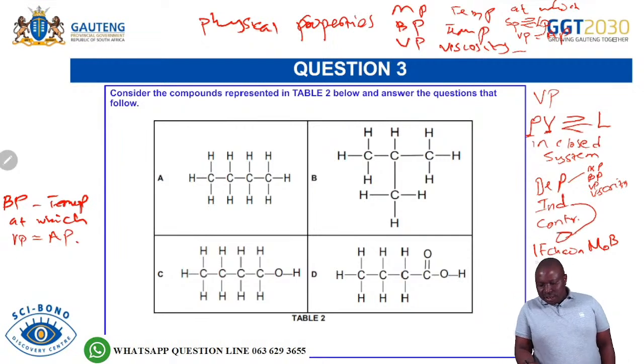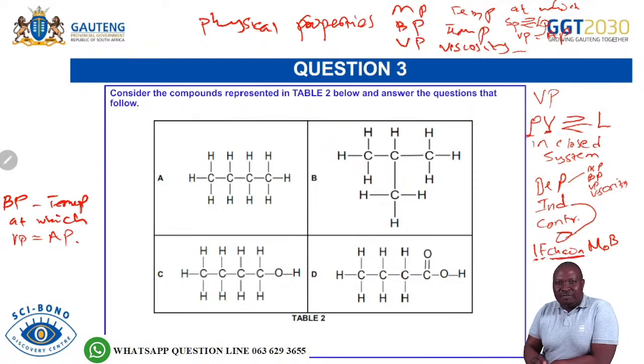We either change the intermolecular force, we can change the type of the functional group, we can change the chain length. So let me not be fast so that you move with me. Our independent variable can be the intermolecular force, the functional group, the chain length, the molecular mass, or branches. So some structures are branched.